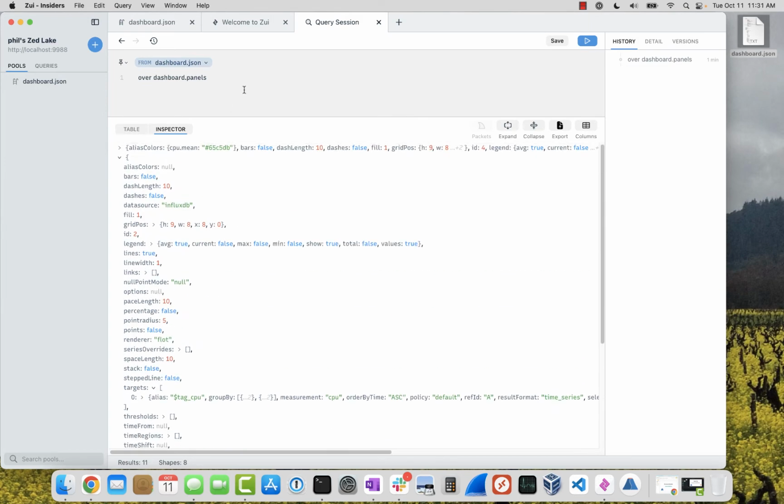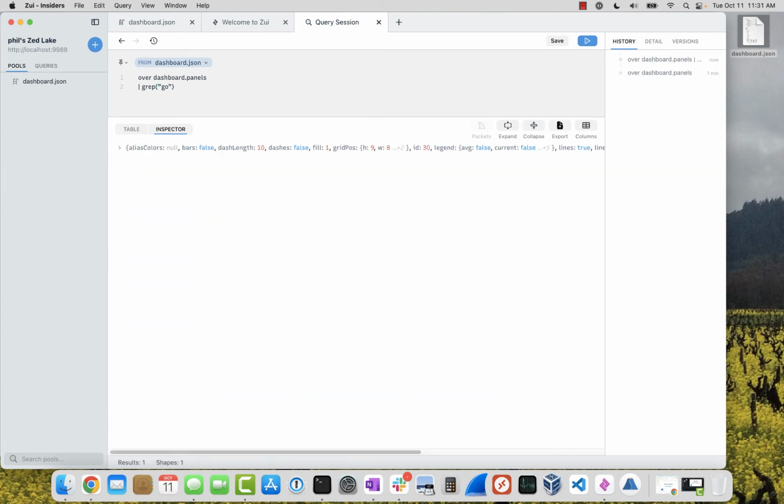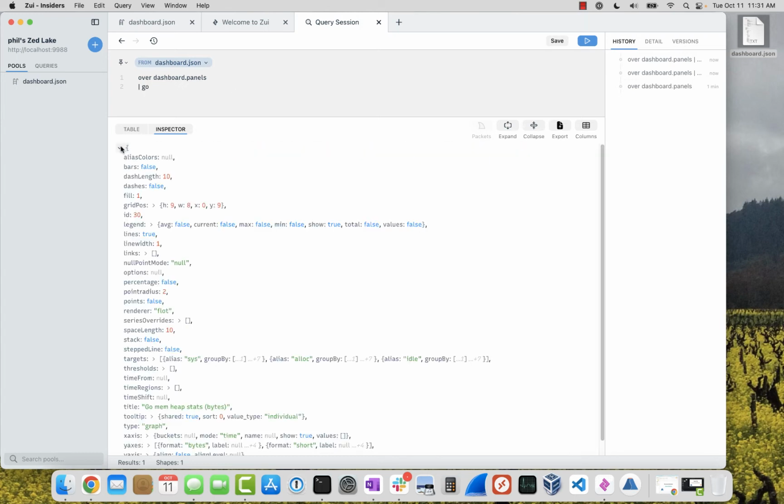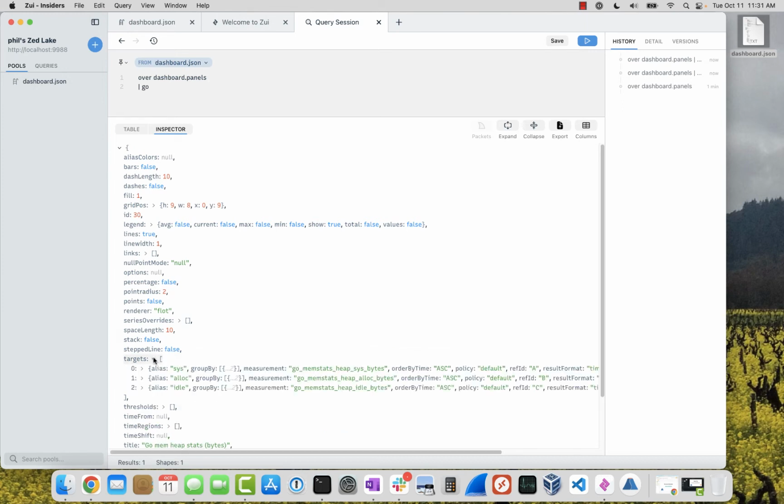Now, Zed has a grep function that I can add to my Zed pipeline to quickly isolate just the panel configs that mention the word Go. In fact, the Zed language has useful shorthands so that in cases like this, where the word I'm searching for doesn't overlap with language keywords, I can just type the word I'm searching for and that gets me to the same place. So now I can expand and look closely at the panel config structure,